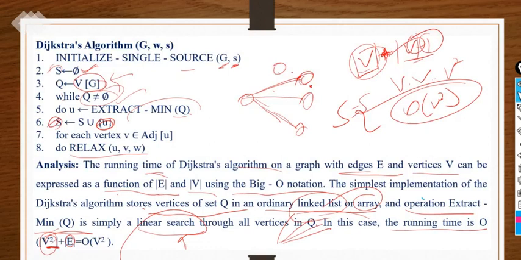Each and every time you move from the source node, you check all the adjacent vertices and select the adjacent vertex with the minimum edge weight. For that purpose, we have to traverse the edges with respect to each and every vertex and select the minimum one. So we have to traverse V vertices and E edges, and if we check the combination of them, we find V square times. So we have order of V square as the running time of the Dijkstra algorithm.